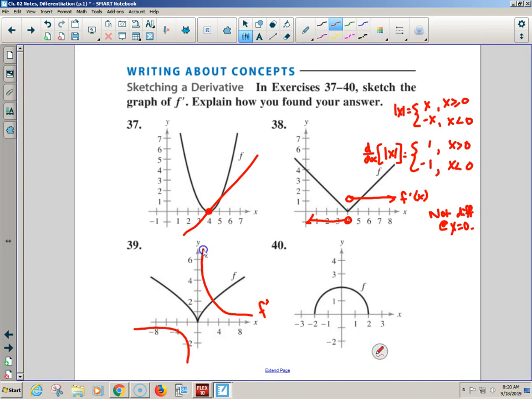Do you guys know why I'm going to put a 0 right here for my derivative? Because the slope there is 0. So my derivative y has to equal 0. I have to have a 0 of the derivative when the slope goes flat on the original. Doesn't matter where it is. It matters the slope. Now, hold on. What's happening after that? Downhill. Downhill means going negative, right? Wait, why am I going to do this? And why am I going to do this for my derivative?